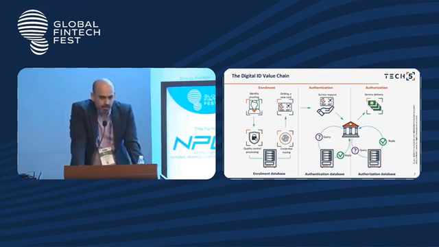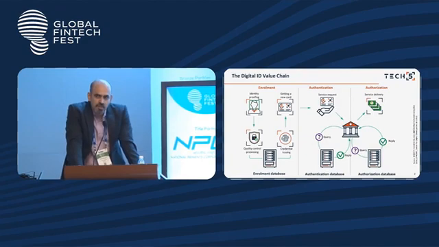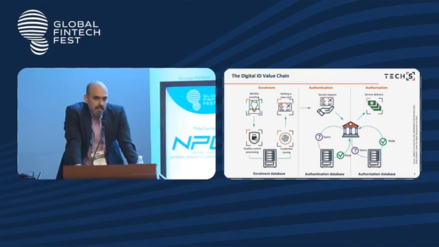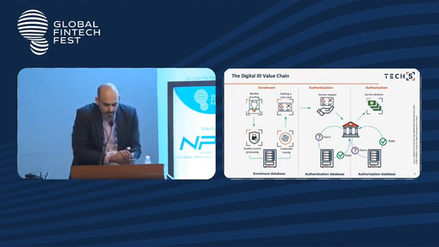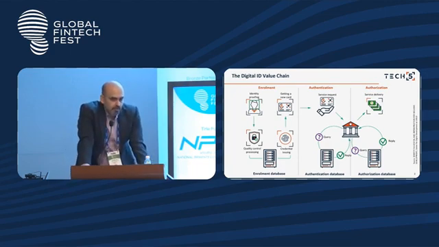Let me start off with a typical digital ID value chain. This is actually how it's defined by the USAID related to what's happening in the space. Any kind of identity system today, if you really look at it, goes through these three typical phases. The first one is enrollment, where some kind of identity gets generated. It may be related to biometrics, may not be. Depending on whether you have some kind of quality control processes or not, those get implemented, and then once you are enrolled into a database, you basically get a credential.